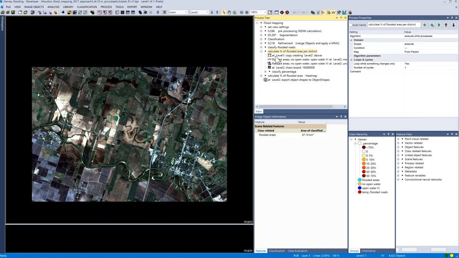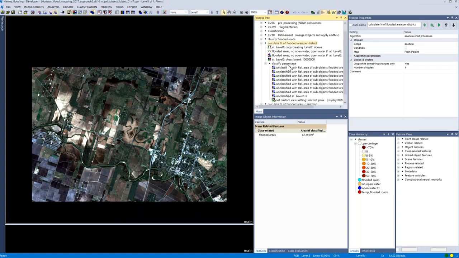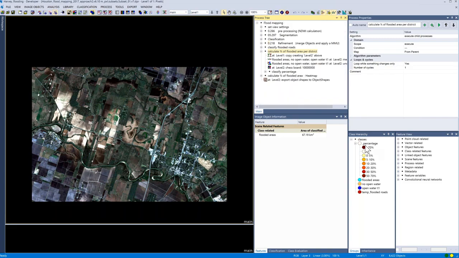Thank you, Keith. That was quite a good explanation. I'm going to continue here. We have this large number here to cut out the objects of the shapefile. And then in this section, we classify these objects based on the percentage of flooded area. The classes are down here. I decided to set these boundaries 0 to 5, 5 to 10%.